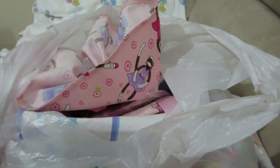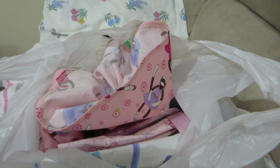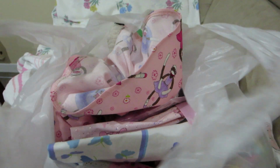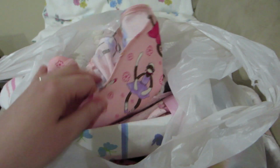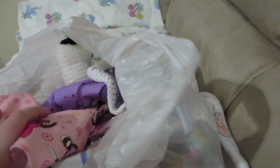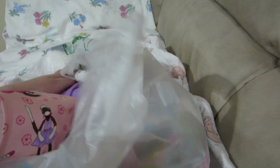So generally I just go to see old friends and to just enjoy looking around. And there's usually a few booths that have handmade American Girl clothes. So that's generally what I usually end up getting. So I have to be careful though, because I do have a couple of things in here that I picked up as gifts for people. So give me a second here. So anyways,